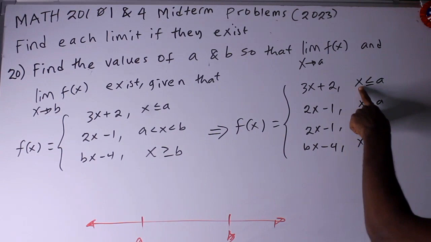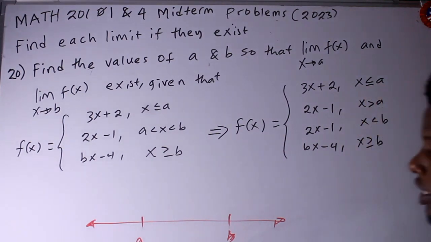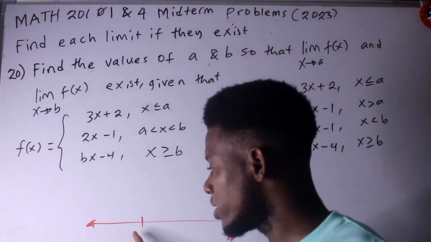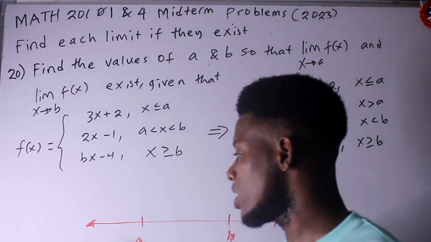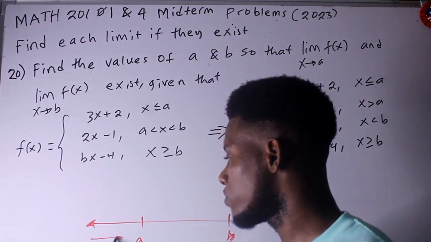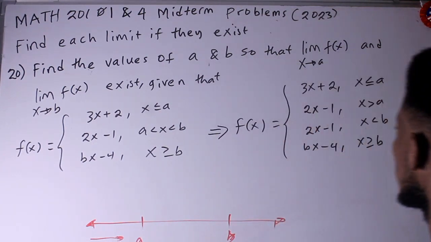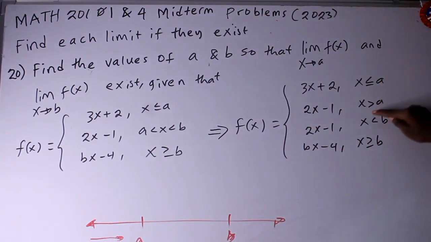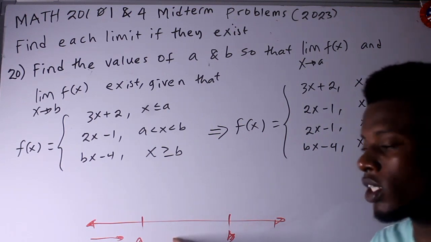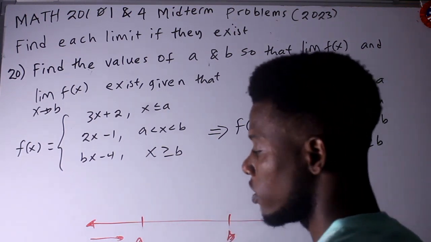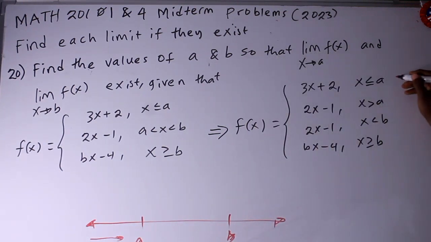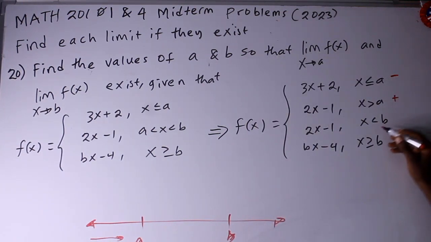But then when we say x is less than or equal to A, that means the values that are less than A are all on this side. Because it's less than, we say x is approaching A from the left. So here, there is a left hand limit. X is greater than A, it means it's on this side. So x is approaching A from the right. This from the left, this from the right. So this is a left hand limit, this is a right hand limit, and this less than is x